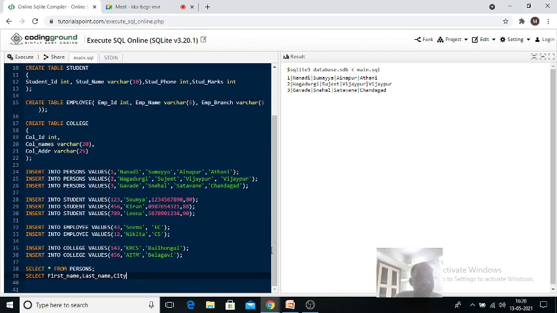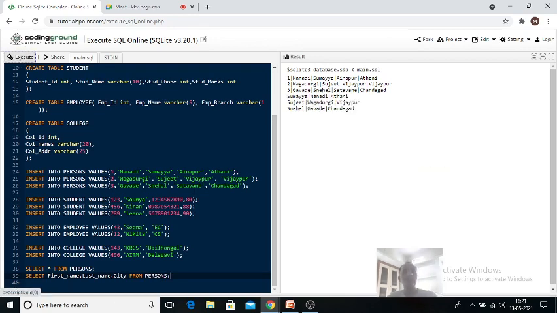See here now, actually in the table last name comes first and first name is next. Got it? So ID, last name and first name and city are there. But what we are going to do? I want it in this fashion. First name should appear first, last name should appear in the middle, and I want city. I don't want ID as well as their address. Okay, like this. From table, which table? Persons. Okay, let me execute it.